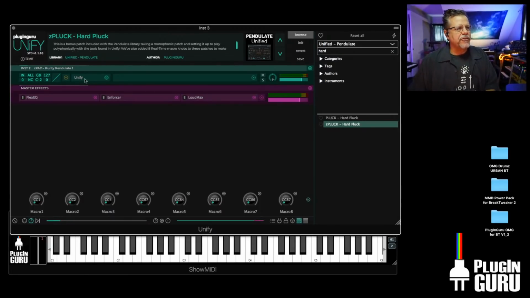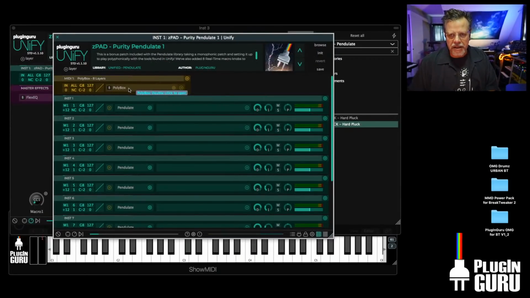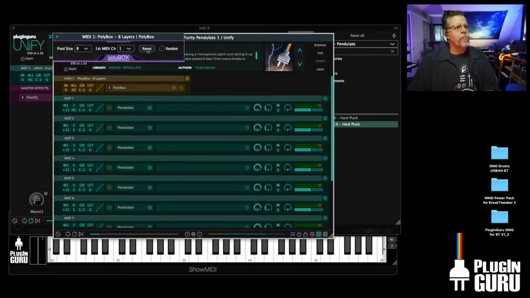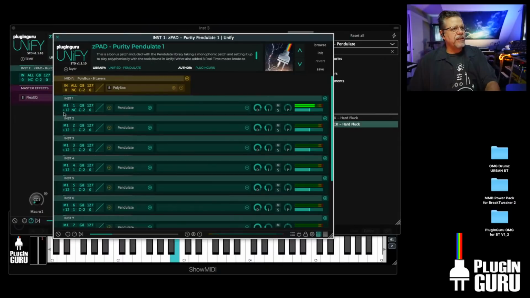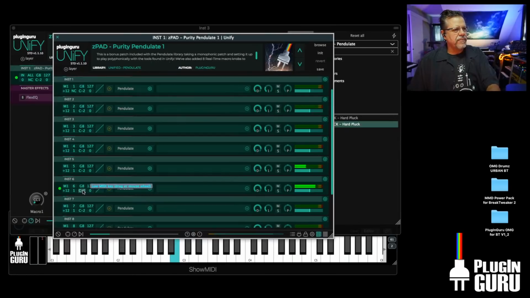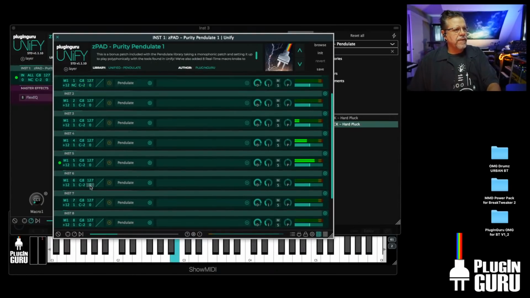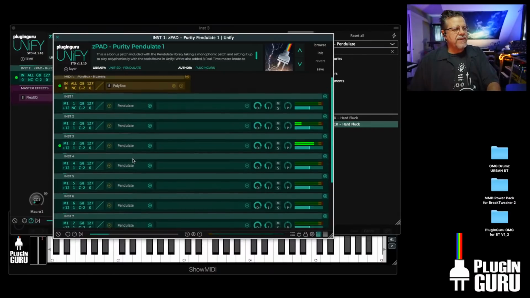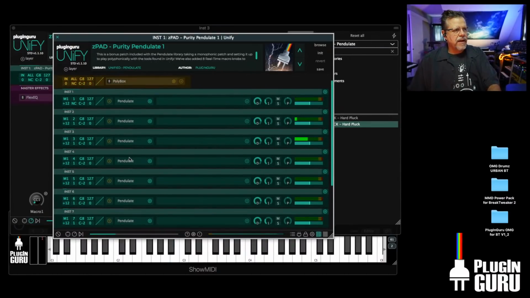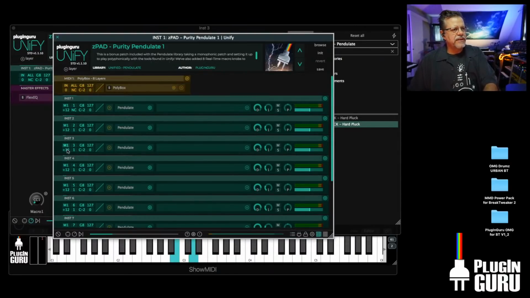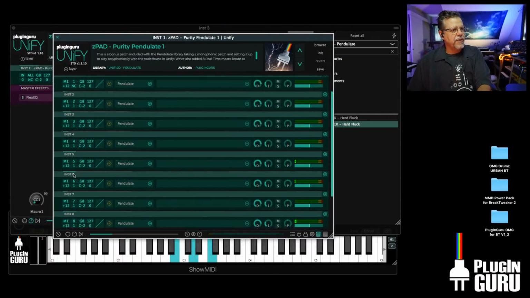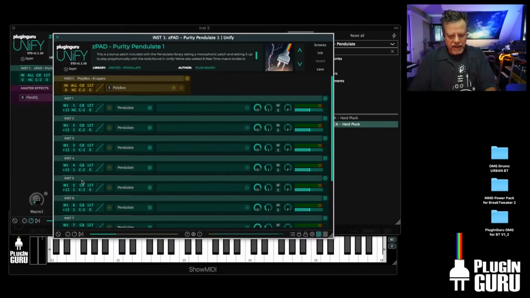That's done because Unify has a MIDI effect called Polybox, which is able to take each note I play. Let's open Polybox. As I play, you'll see a little light. Each one of these is on a different MIDI channel for each of these 8 layers, so it's using 8 different Pendulates. If I play 2 notes, 2 lights light up. If I play 3 notes, 3 light up. If I play more than that,